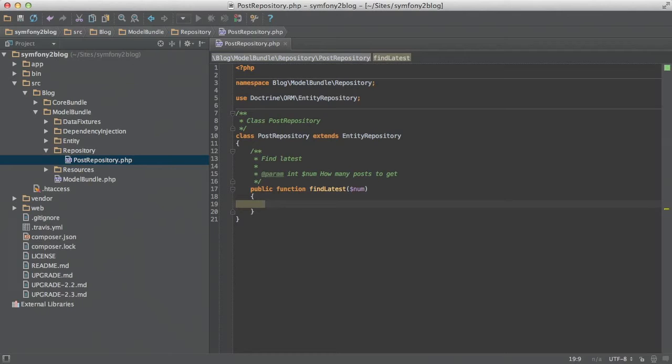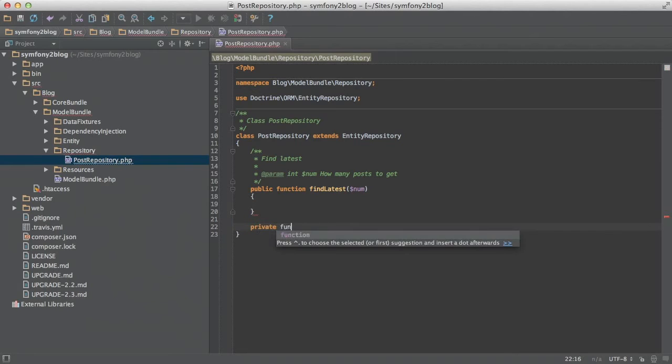Okay, here is where we are going to write the custom query. To do so, we'll use a Doctrine 2 feature called Query Builder. So I think it's very useful to write a private function that builds that query. So we type private function getQueryBuilder,